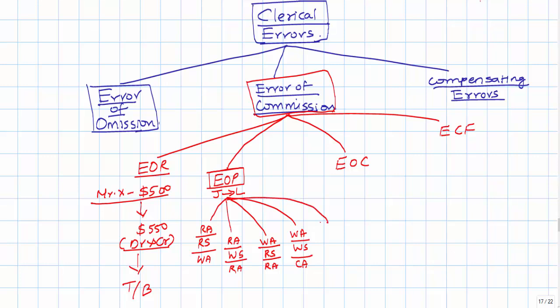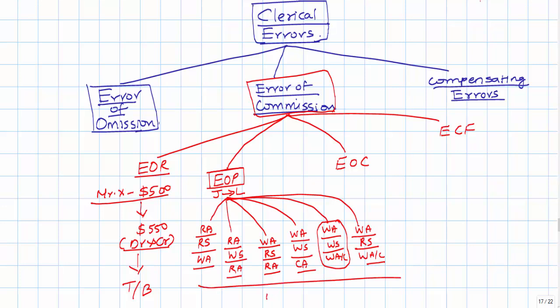And the fifth combination can be picking up the wrong amount, taking it to the wrong side of the wrong account. So it is a total miss, it is an overall miss. And the last combination can be picking up the wrong amount and taking it to the right side of the wrong account. So the most dangerous is this, and all others are the classic examples of error of posting. So this error may or may not affect the trial balance.